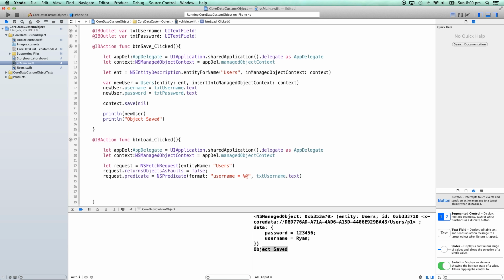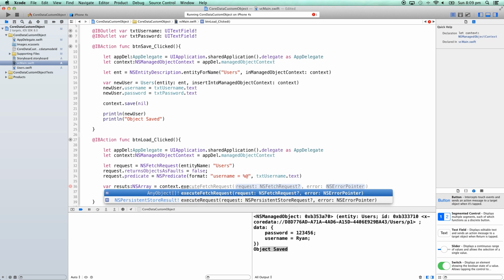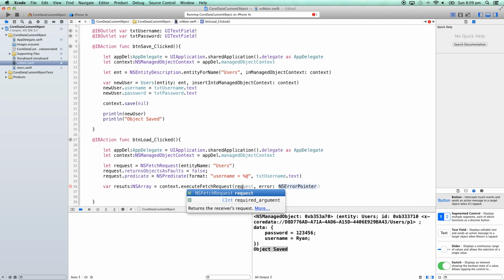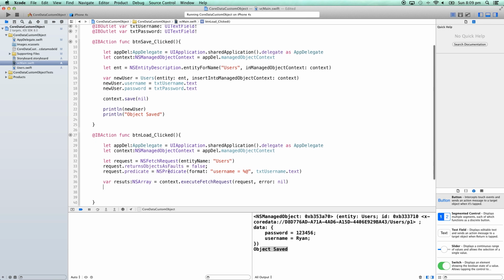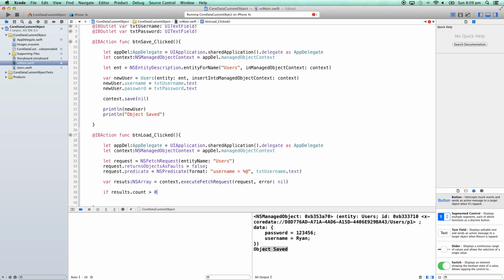Now we can execute our request simply by saying var results, and I'm going to say that is an NSArray. It's going to be equal to context.executeFetchRequest. The request is going to be the request that we just created, and for error I'm going to do nil again with the same reason above. If you do want to handle the errors, just create an NSError pointer and handle it appropriately. Now that we have an array of results back, we can simply say something like if results.count is greater than 0,